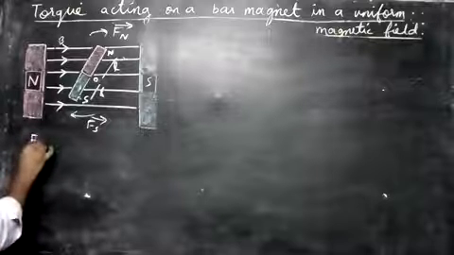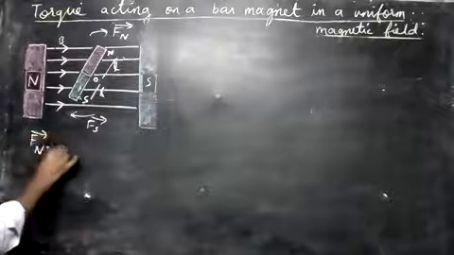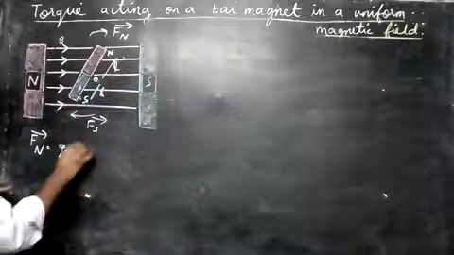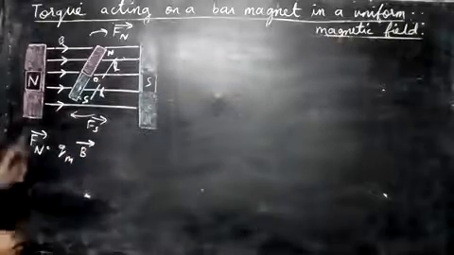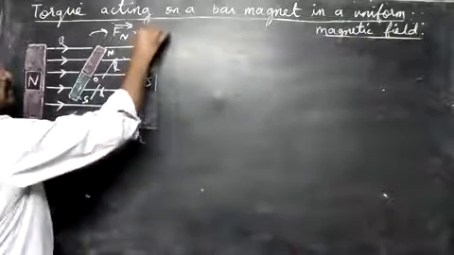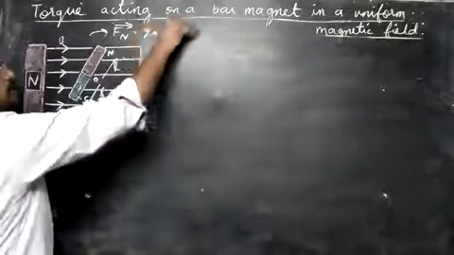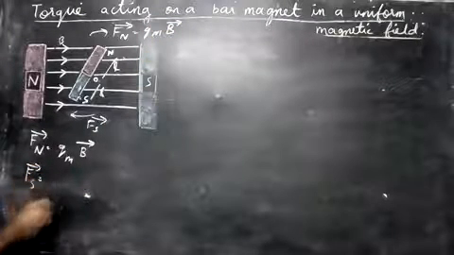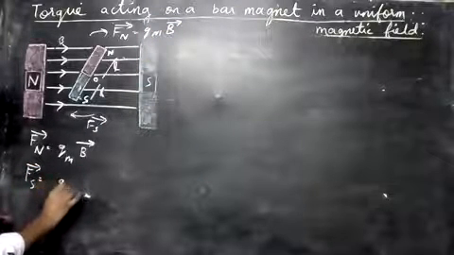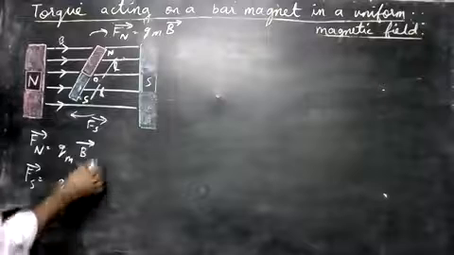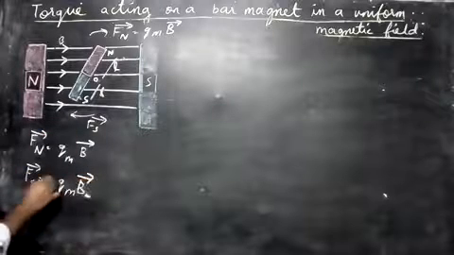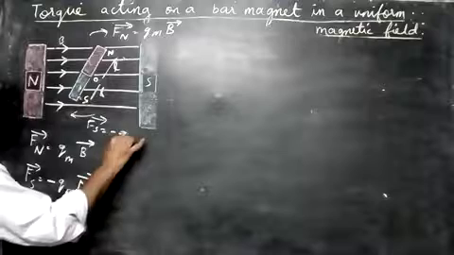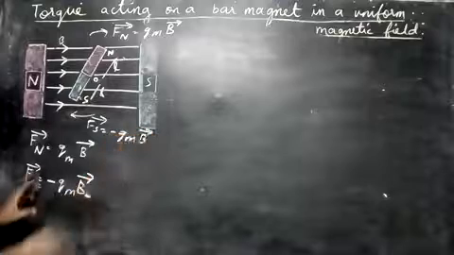Let's see now the force on the north pole. That's equal to Qm, the pole strength, into B, the magnetic field B. This is the force on the north pole right here, that's Qm into B vector. In the same way, we have Fs vector, that is equal to Qm into B, but you can see it's in the opposite direction now. So write the minus sign. It goes opposite to the magnetic field. So that will be equal to minus Qm into B. The minus sign is very, very important.